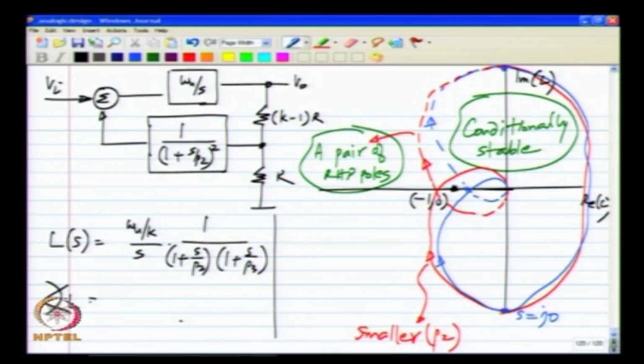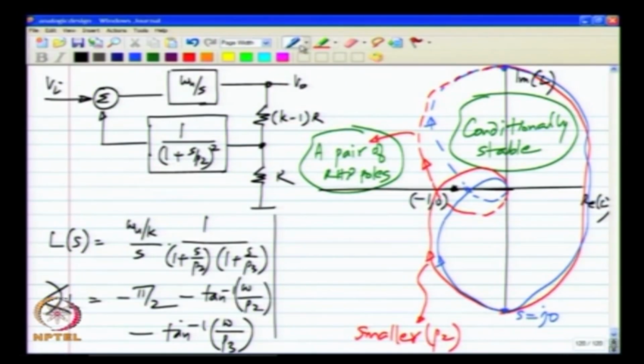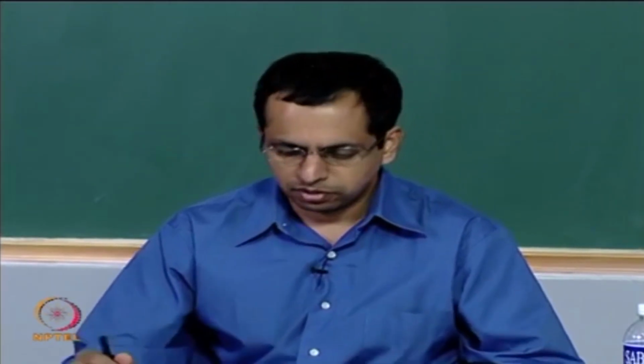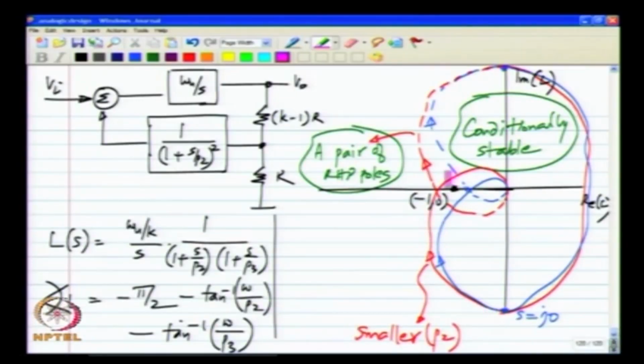The angle of L is minus pi by 2 because of the integration term, and minus tan inverse omega by P2 minus tan inverse omega by P3. Okay. So, while this looks more complicated, the main point is that for very high values of omega, this contributes a phase lag of minus pi by 2 and this also contributes a phase lag of minus pi by 2. So, the overall phase lag at very high frequencies is still minus 3 pi by 2 for a third order system. So, the Nyquist plot still approaches the origin from the top, from the positive imaginary axis side,